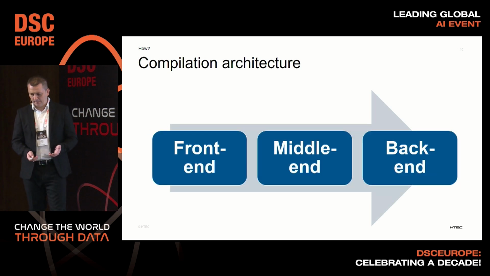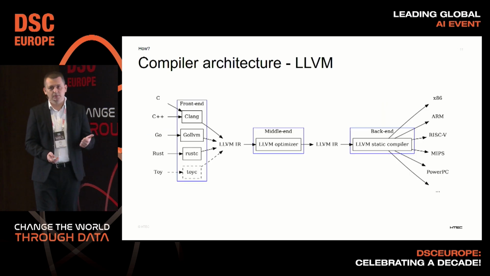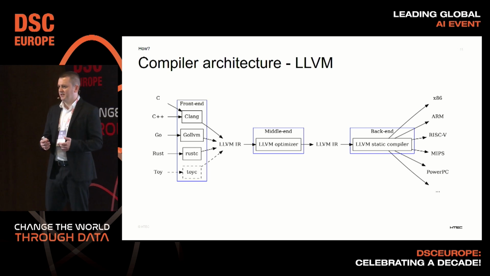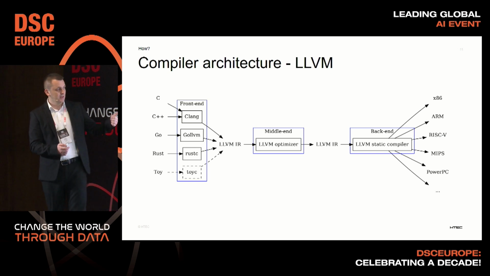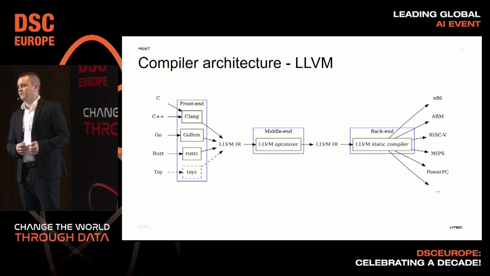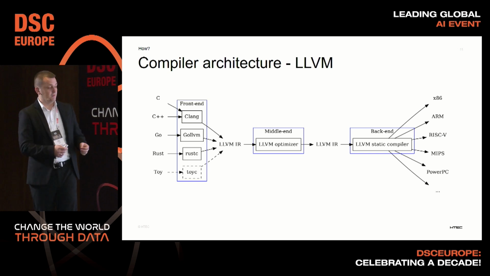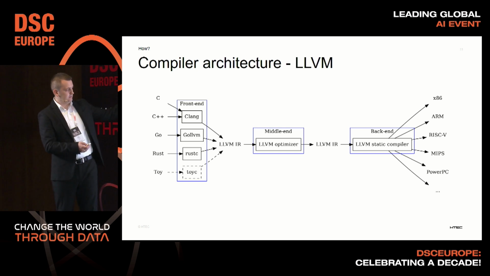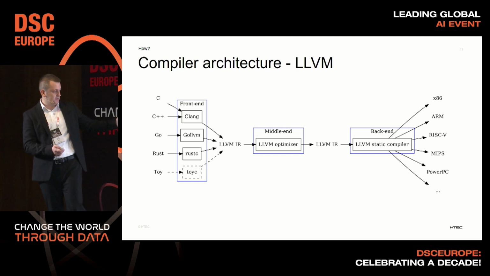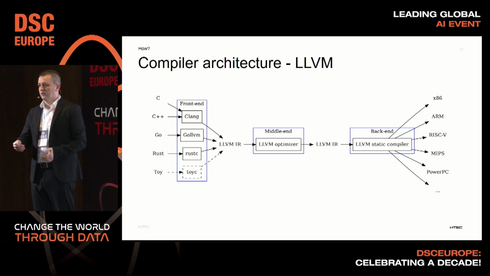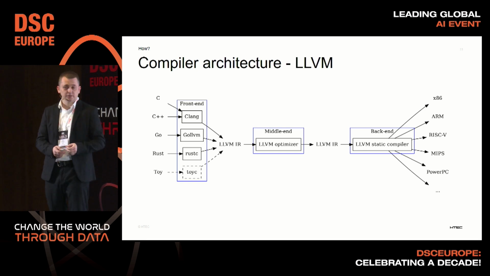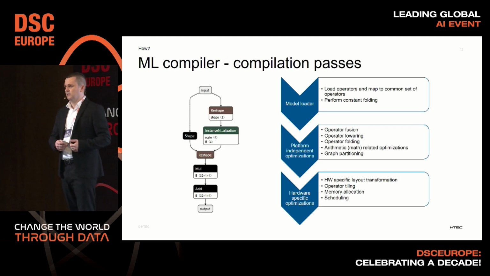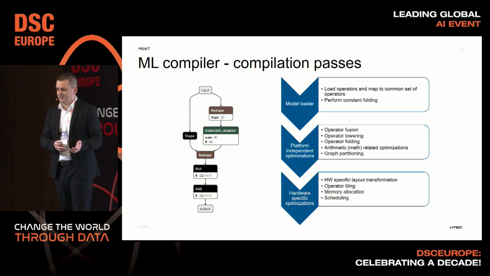And the problem with multiple different languages and multiple hardware platforms was already resolved like 20 years ago. So this is the structure of the LLVM compiler. LLVM stands for low level virtual machine. It is a well-known compiler where, on the input side, you can have C, C++, Go, Rust, Swift, etc. And you can produce the executable for different platforms. So the same thing is just reused. That problem was resolved, as I said, 20 years ago.